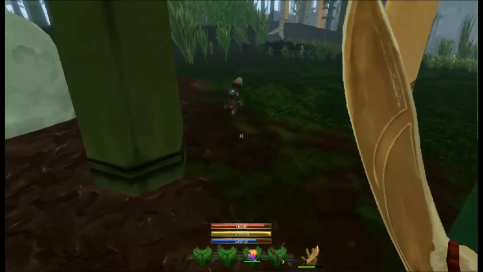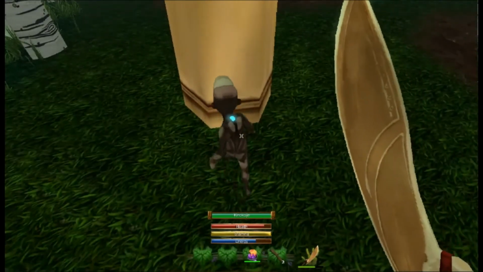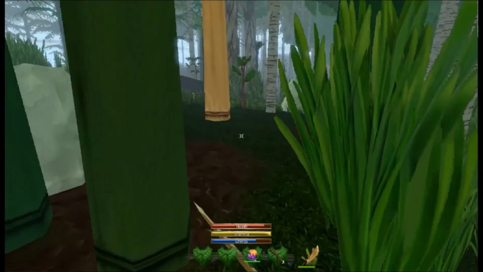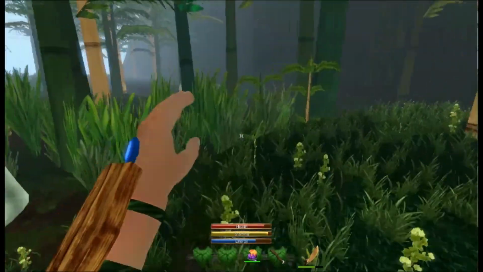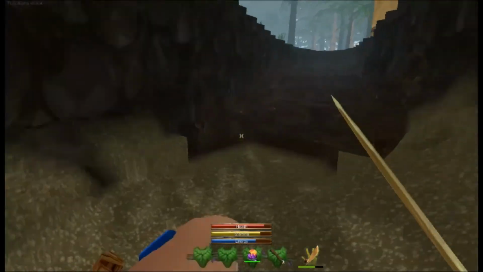Look at this guy. Just running into trees and stuff. You're crazy, bro. You're crazy. Anyways, I'm going to leave him alone so he can plant... Oh. Well, I was going to say he could plant some mushrooms, but he can't anymore because he's gone. Anyways, I think the entrance to my base is just up ahead. Oh, and of course I fell into the...